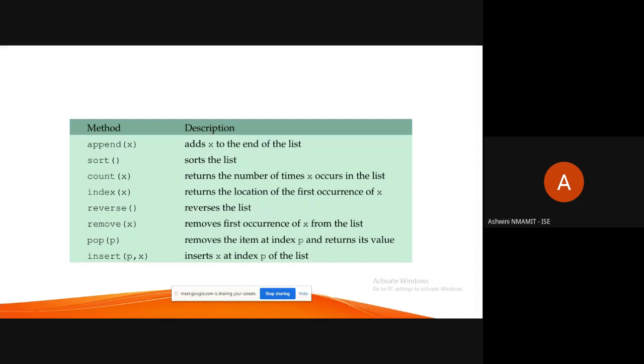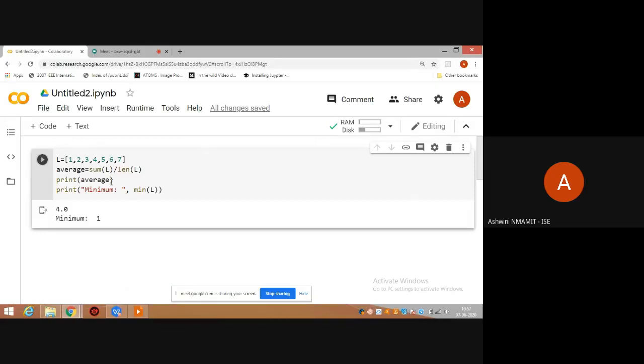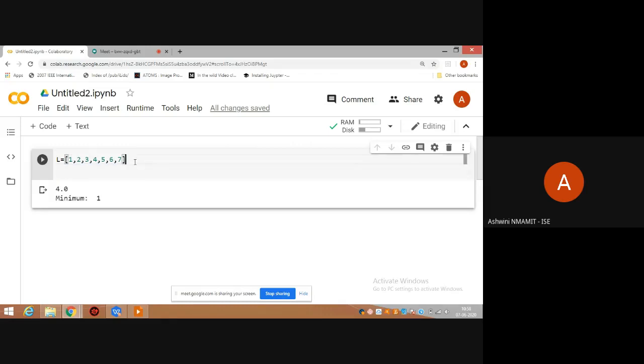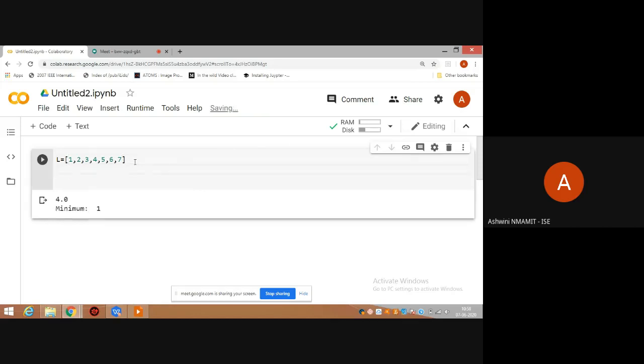Few more functions in the list to modify the list, to update the list, to remove an element from the list. If I want to add an element to the list, then I would give append.